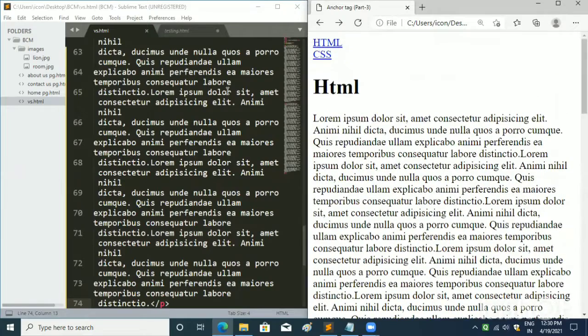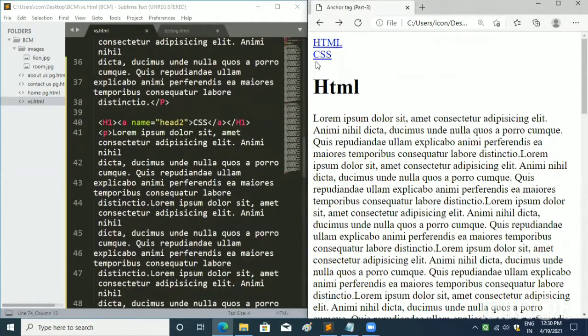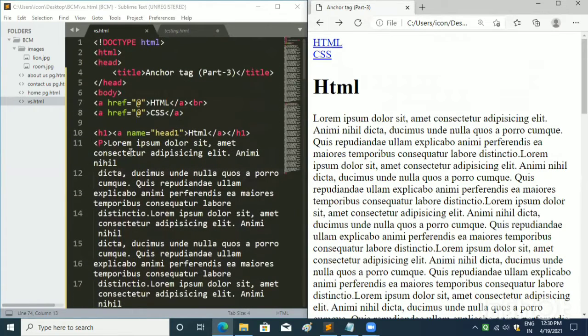To move directly to any of the paragraphs, I will write the name of the headings in anchor tag. I will copy the text in the name attribute and paste it in the href attribute. You have to always give a hashtag and then the name of the heading in the href attribute.